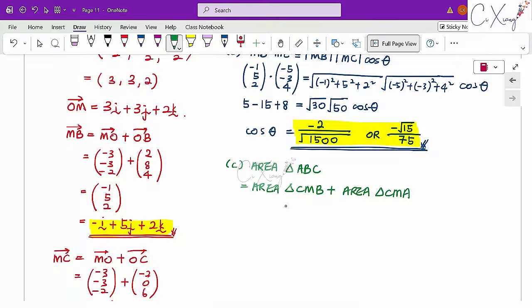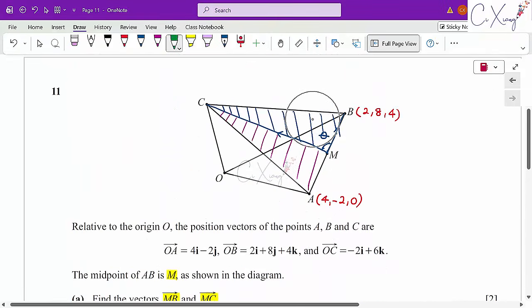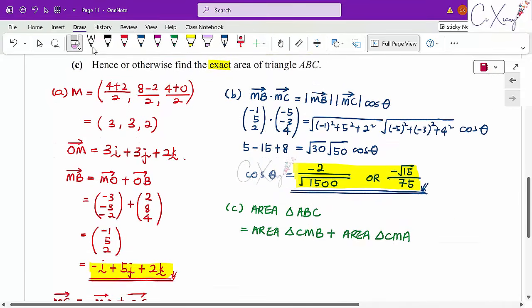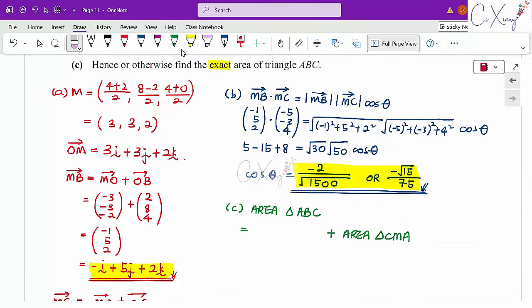The area of triangle CMB I'm using blue color, then CMA I'm using the purple color. Maybe I change it a bit: this one is the blue color so that later you know what I am doing. So blue color is the area of triangle CMB, then the purple color is the area of triangle